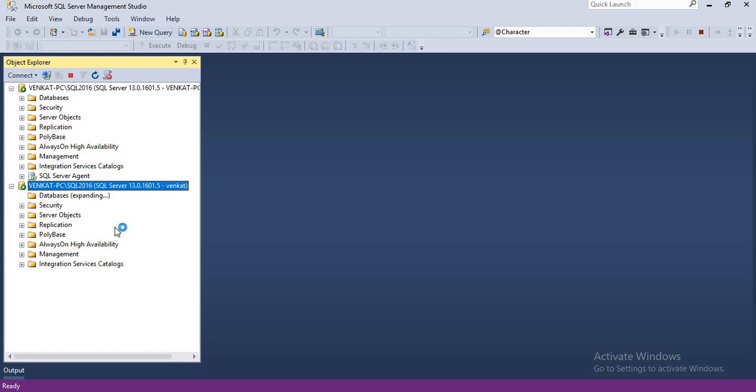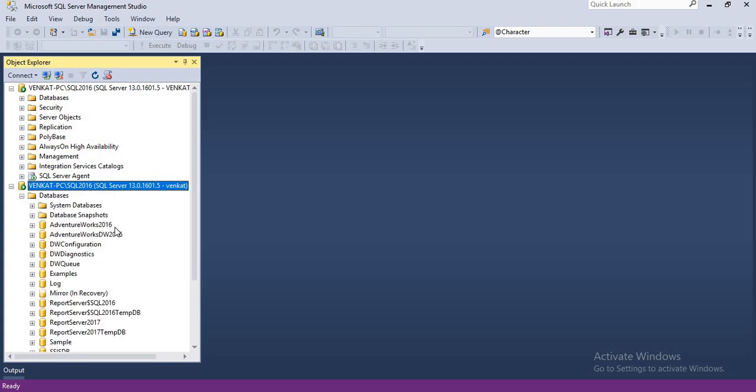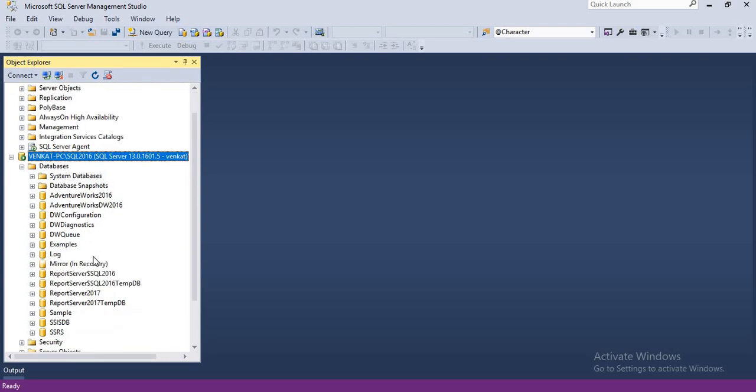You might be able to see all the databases which are there in the server, but you may not be able to access any of it. So let's expand. If you see here, these many databases are there. Remember that I have given privilege only to sample, but I can see all the databases. So let's expand any of the databases.